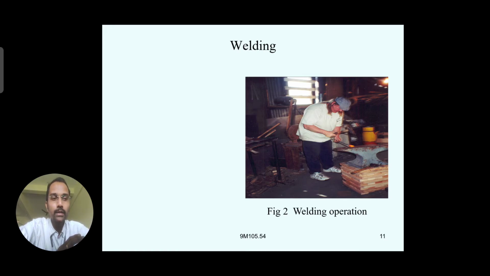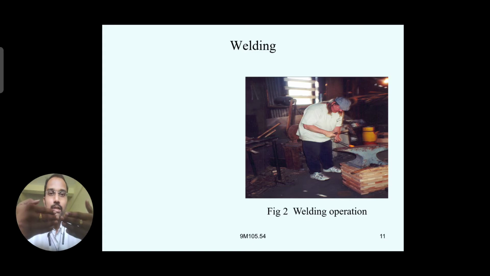Before permanently joining the two parts together, first we have to make different forms or shapes to get a joint between the two parts, like a lap, in the sense of placing one above the other, like this. One metal part is lapping on the other metal, then after striking with the hammer, it can uniformly make contact with the other part. Then welding will happen. After it cools, the two metal parts will be permanently joined.